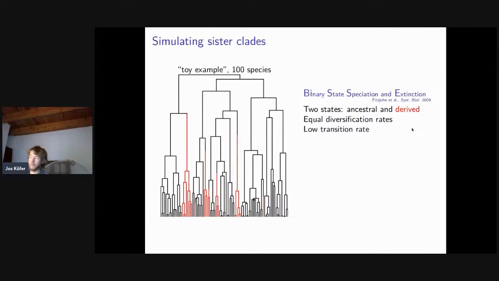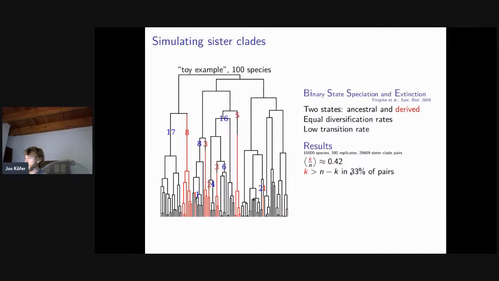And then, so I did this a lot of times. What you can do then is select in the phylogeny your sister clades and count the number of species in each clade and each sister clade. So I did this for 300 simulations of 10,000 species, and in total I had almost 30,000 sister clade pairs. And what I found was that the dioecious clade only had 42% of the species in each sister clade pair, and that the dioecious clade was the largest clade in only 33% of the pairs, which is again highly significant.